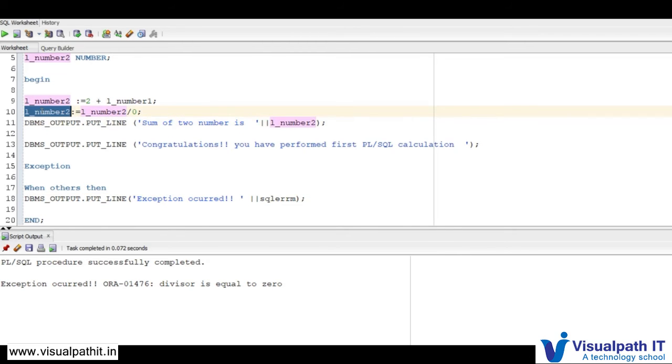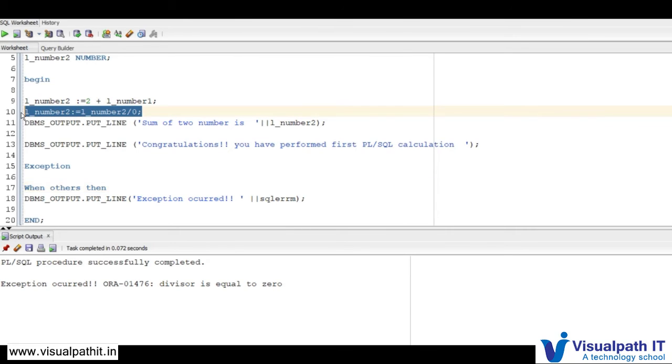Here I have intentionally induced a divisor is equal to 0 exception, because I am dividing by 0, and simple mathematics says a number cannot be divided by 0; it gives an unwanted result. So whenever the compiler hits this line, it immediately hits that runtime exception, which is called divisor is equal to 0.